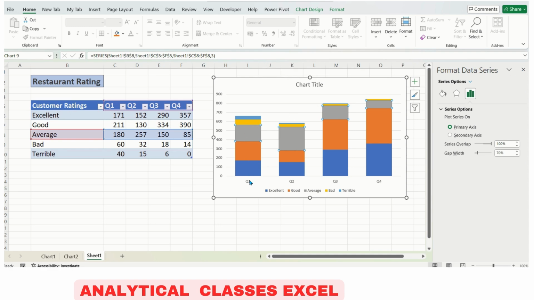Like if I want the total rating for quarter 1, then I can get it from here, that it is somewhere between 600 to 700, 600 something. So this is very helpful when you want the total to be shown, as it is placed one above the other, and it totals up the value.